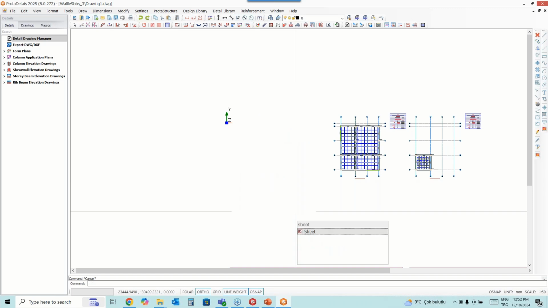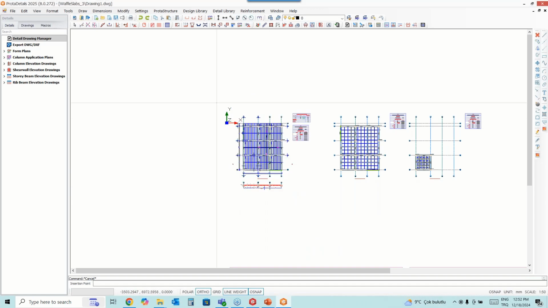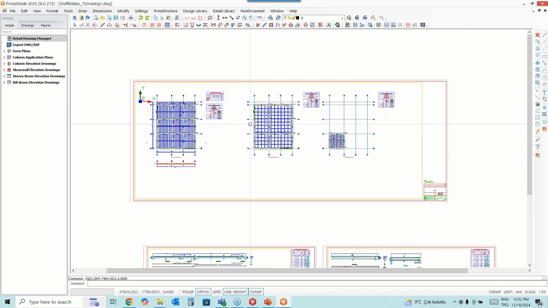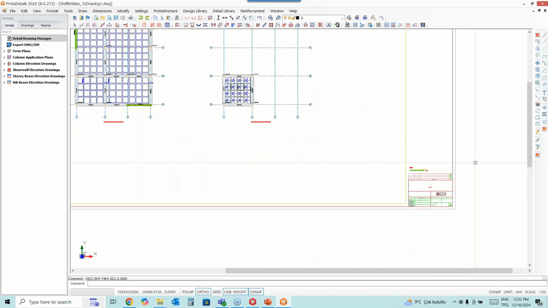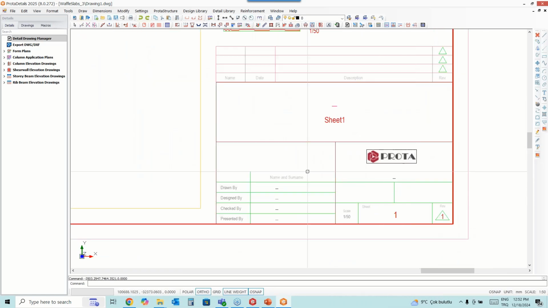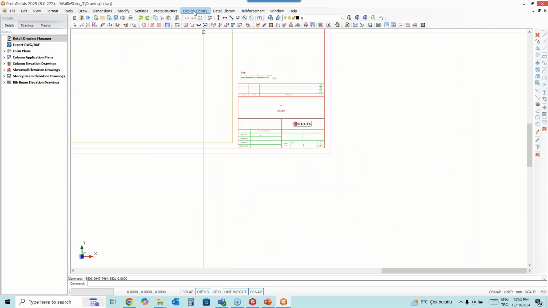So what I'm gonna do, I will just add a sheet for the form plans. So I have implemented my custom sheet, which is a bit larger than the existing ones. So you can see that my custom sheet has been placed. You can also add your logos, and you can change this sheet details with just a couple of clicks.